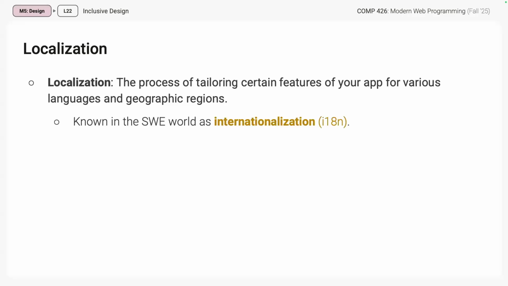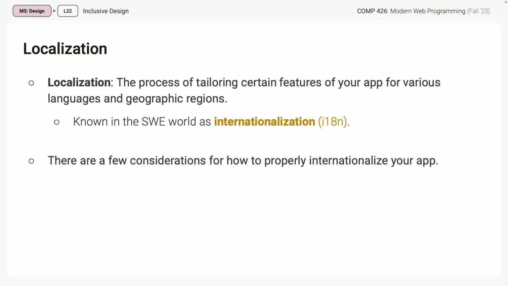And in the software engineering world, you'll often see internationalization as the term that is used. Oftentimes, you'll see it abbreviated as I18N, like so, right? So I18N is the abbreviation for this. You'll see it in a lot of places. In fact, if you go on the Next documentation, you'll see something about this in various programming frameworks, software engineering frameworks. We'll talk about this because it's such an important part for large companies and large projects that target multiple